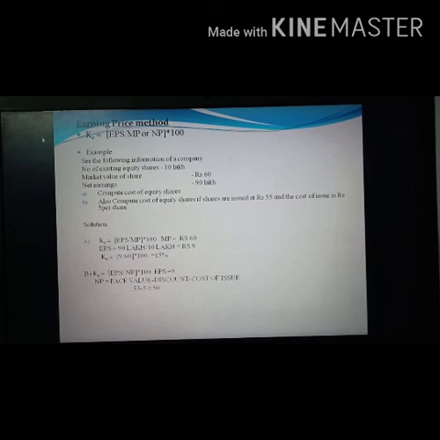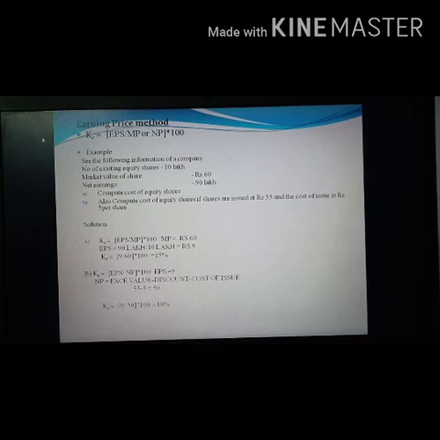So our task is to find out the net proceeds, that is face value. Since it is issued at a discount, we must deduct the discount amount from the face value, then the cost of issue also should be deducted. It is directly given that it is issued at 55, that means 5 rupees of discount is there. So 55, then we need to deduct the rupees 5 per share. So we will get the net proceeds as 55 minus 5 is equal to 50. So 50 is the net proceeds, don't take it as 60.